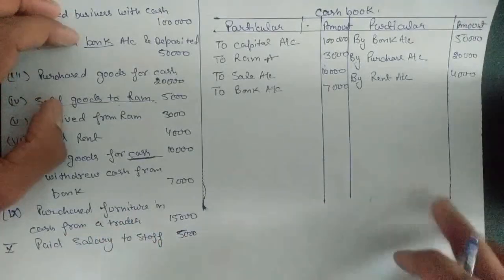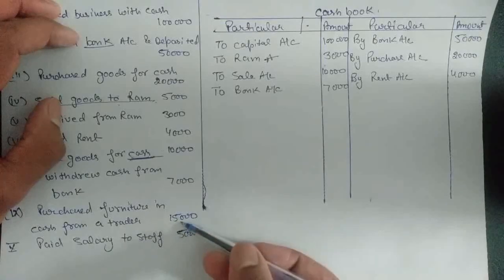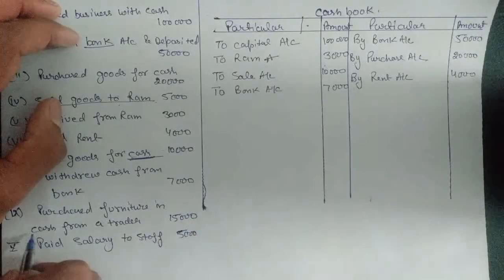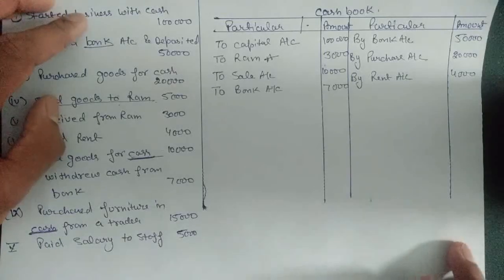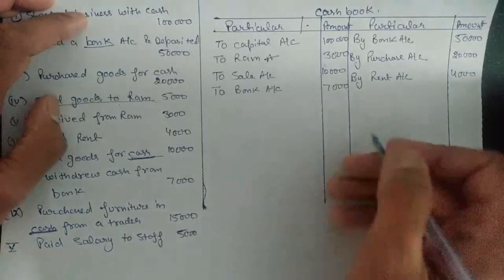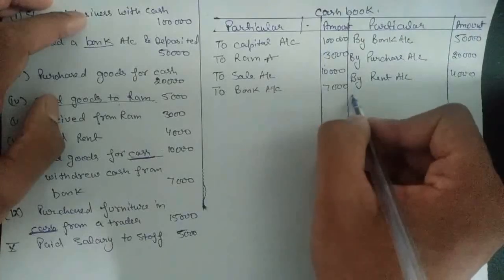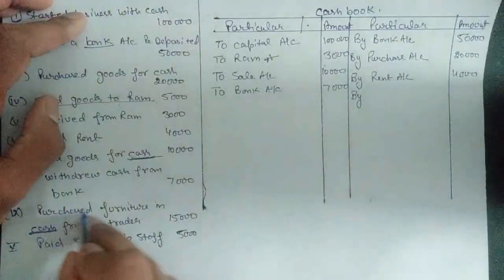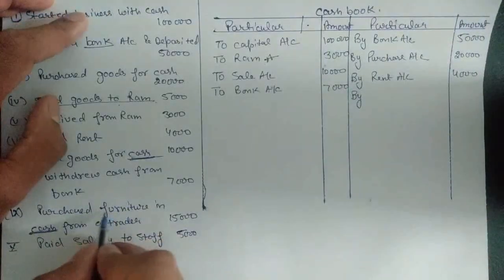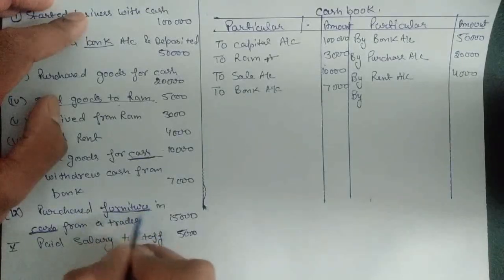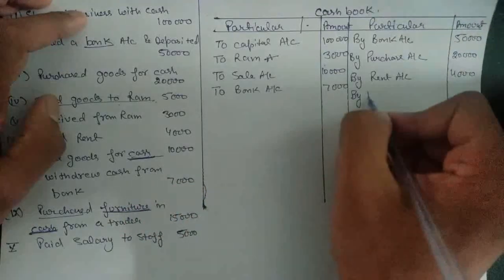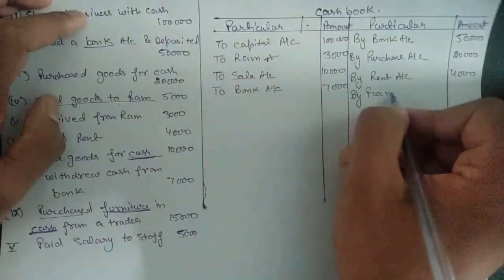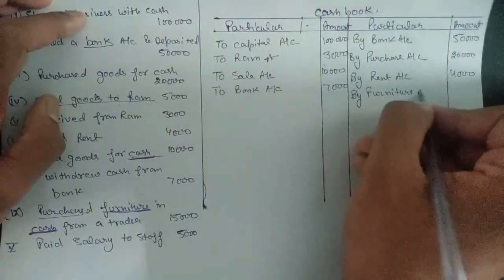We bought furniture from a trader worth rupees 15,000 in cash. They clearly mention that we purchased by cash, so the entry will go on credit side of cash book. By we are purchasing furniture, this time we have the name of the thing that we are purchasing, so we won't use purchase, we will directly use furniture. By furniture account